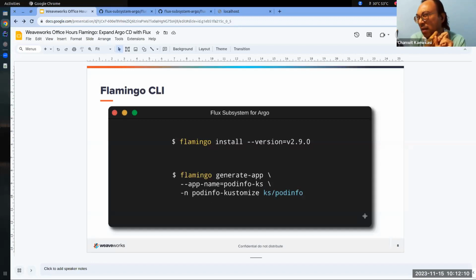Well, in the past, it's a bit tricky to create an ArgoCD application and turn on the Flux subsystem switch there. But with the CLI, you can just